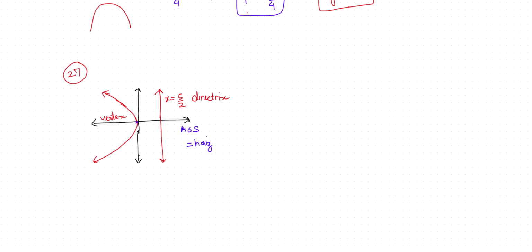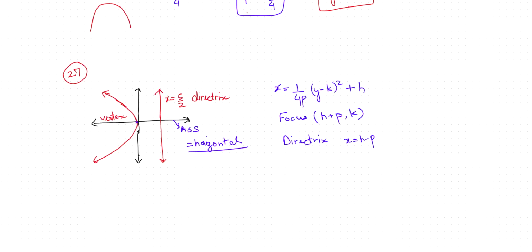Okay. So when the axis of symmetry is horizontal, which is this line, then we will use the equation of the parabola as this. The axis of symmetry here is horizontal, which means it is some value of y is equal to k. And now the directrix here is,